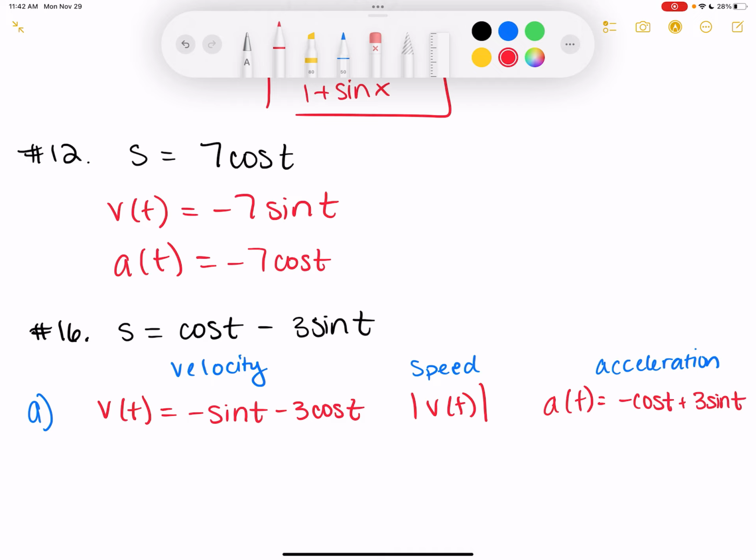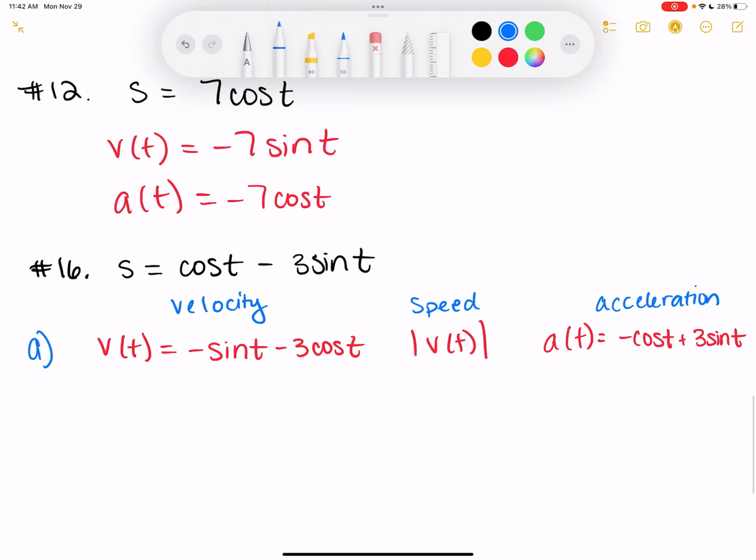The signs always get confusing when they're like negative times negative. That's another common place for a mistake, just because it's really easy to lose the negative sign. So, all right. Now for part B, it wants it at pi over 4. So v of pi over 4 is negative sine of pi over 4 minus 3 cosine of